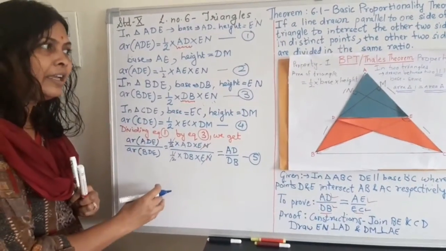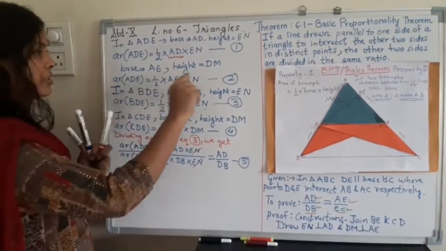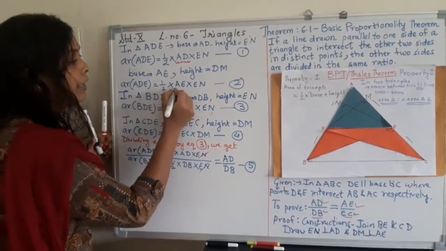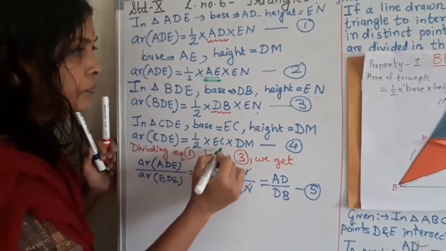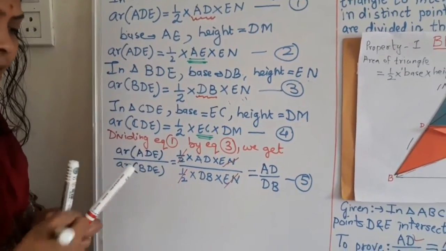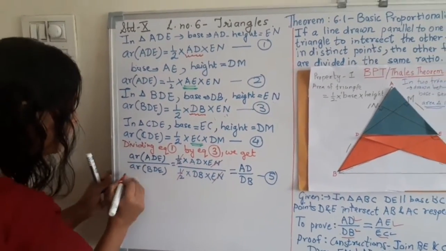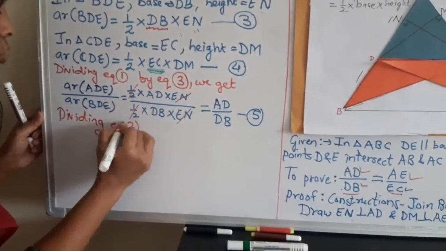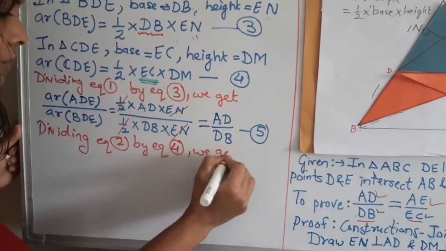So now similarly, what do we want next? We want AE upon EC. So in which of the previous equations do we have AE? Here we have AE, and in equation 2, and in equation 4 we have EC. So can we do the same process for getting that AE upon EC? Yes. So again, by dividing equation 2 by equation 4, we get